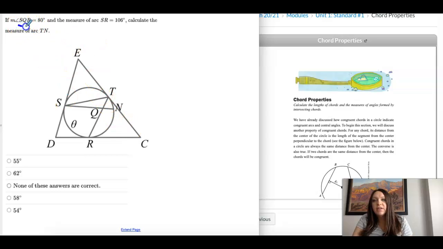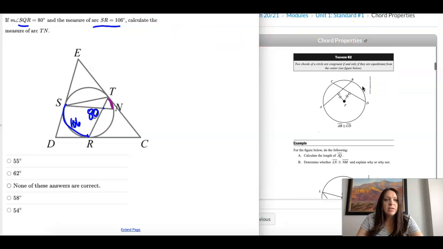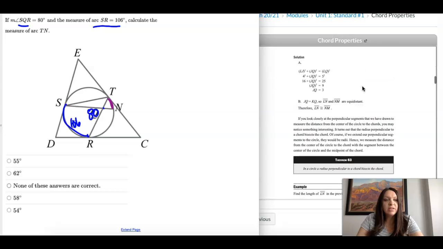The measure of angle SQR, that means this angle is 80. And then the arc SR, which is labeled theta, is 106. So we want to calculate this arc over here. Okay, so there's a theorem to help us with this in the notes. I think it is theorem